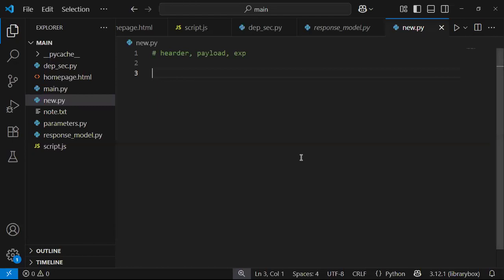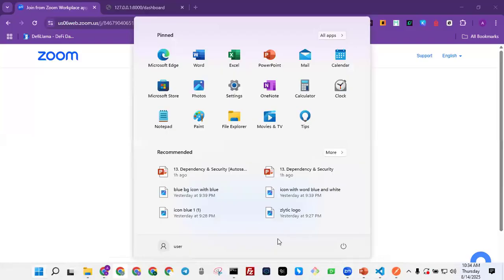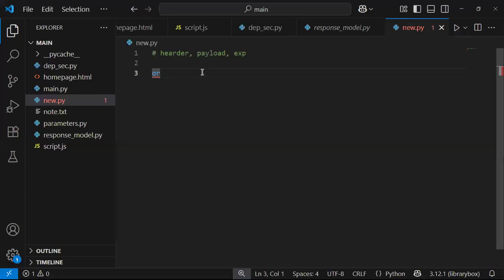It's not busy. Okay, so let's go ahead and see how JWT works, and from there we could proceed. Like I said, JWT is basically a JSON web token, and